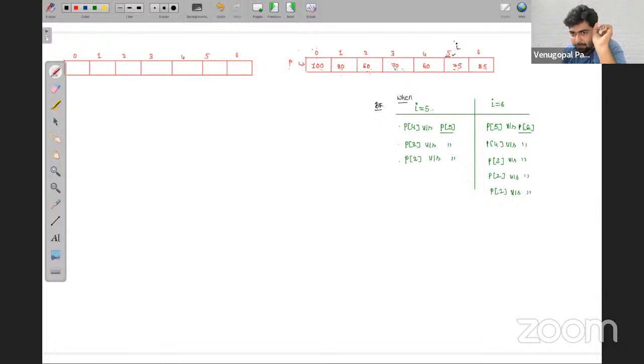In brute force approach, when I is at index number 5, we have compared three days and we found out that all these 3 days are smaller than the 75. And that is how we got its answer as 4, including plus 1. So in brute force approach, it knows that there are 3 days that are smaller than 75, plus 1, 4 we got it. Now, when I is at index number 6, what are we doing in brute force? Again, we are comparing 75 with 85, 60 with 85, 70 with 85, 80 with 85. That's how it got time complexity n square, friends, because we are making unnecessary comparisons.